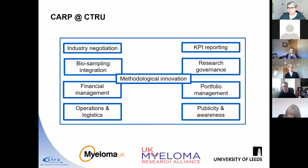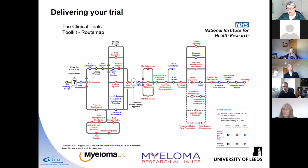And as a statistician, a trials methodologist, for me, the exciting bit, the key for me, is the methodological innovation that we can use to design these early phase trials to make them efficient and to make them appealing to industry and charity partners. So just before I finish, I'm not going to talk through this slide, but I'm not